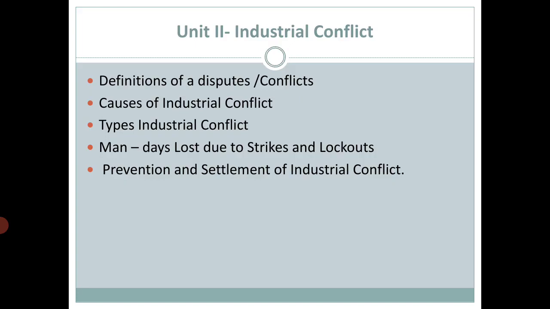So if we want to prevent as well as settle such conflict, what are the different methods which we can use so that we can prevent and settle industrial conflict? All these things we will go through in unit number 2, which is titled industrial conflict. Okay, then